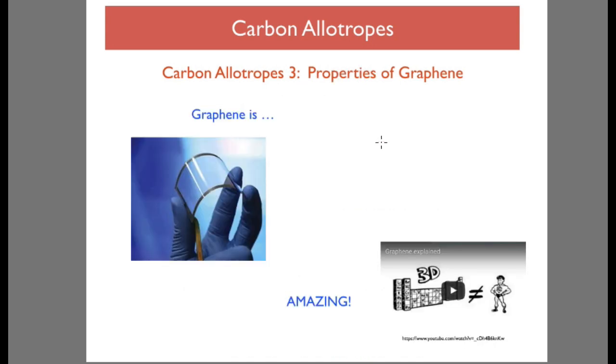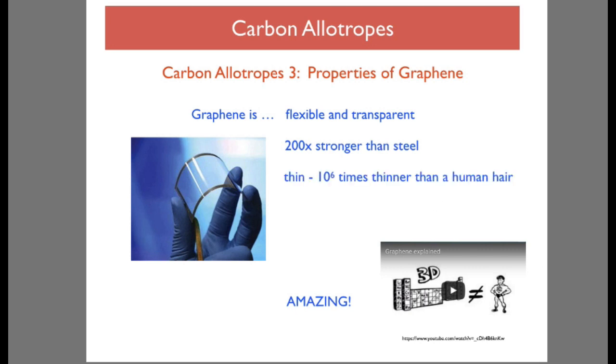The properties of graphene. Well, it's quite something. Graphene is flexible and it is transparent. It's 200 times stronger than steel. It's thin. It's 1,000,000 times thinner than a human hair. Highly conductive. It's stretchable and it is impermeable. It is amazing. I'd like you all to watch this